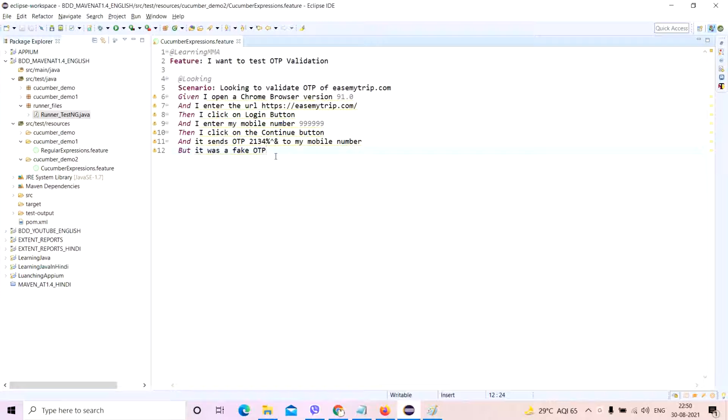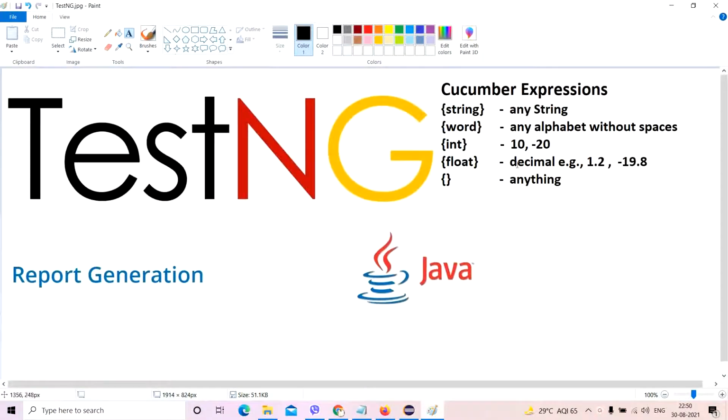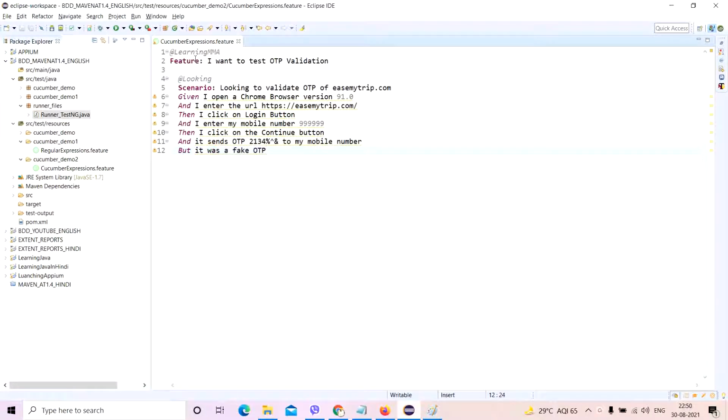I've already written a feature file which will give me a chance to try to use almost all 5 of these. I have created a feature file. Validate OTP. It's just a vague example which I've taken.